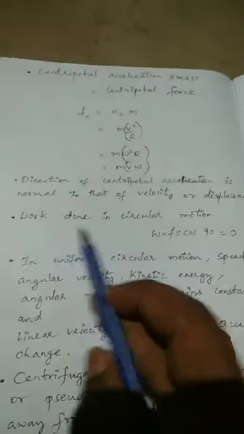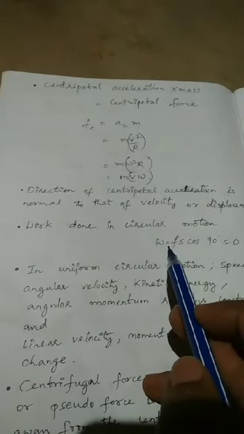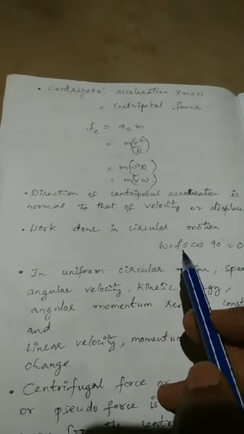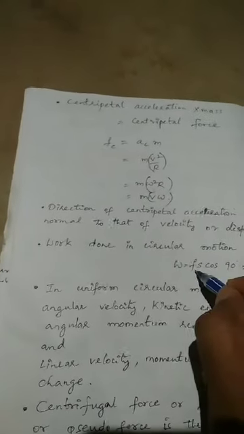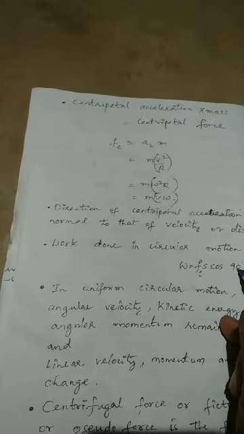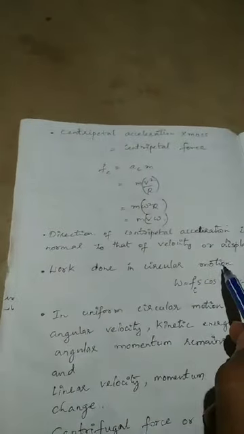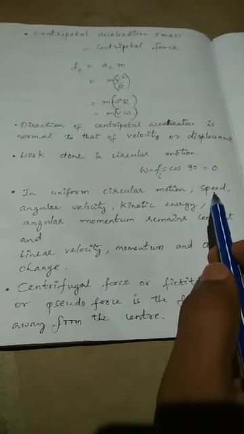Okay. Work done in circular motion, not omega, W. Work done is Fs cos theta, you know. F is force, S is displacement. Here this F is centripetal force. Displacement. You know what is the angle between them? 90 degrees. So this work done is 0. So remember, wherever it is asked, work done in circular motion is 0. Okay. In uniform circular motion, you have to